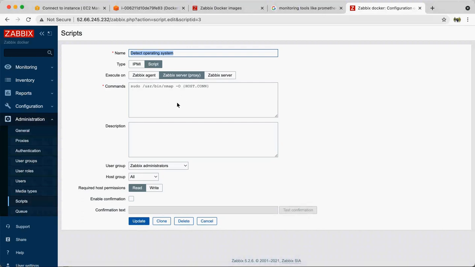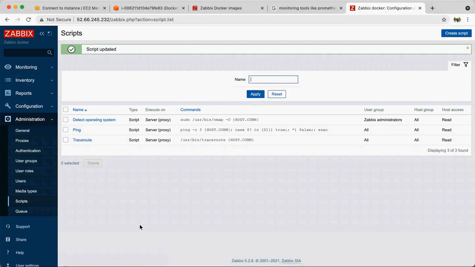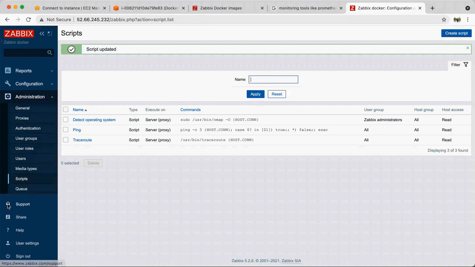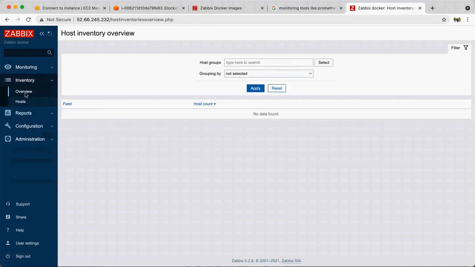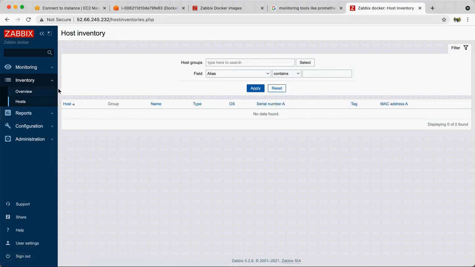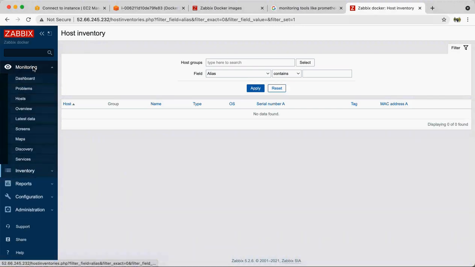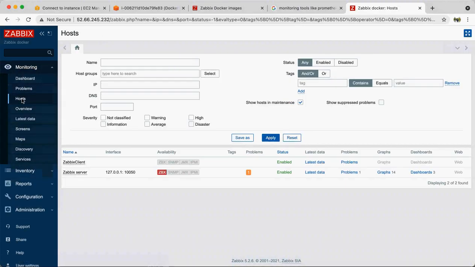Similarly, for some functionalities or maybe for your application, you can create these scripts and write them, and they can be used for reporting those things. Okay, what else? You have an inventory and other things. I think it is not picking the data currently, but this is how it would look.